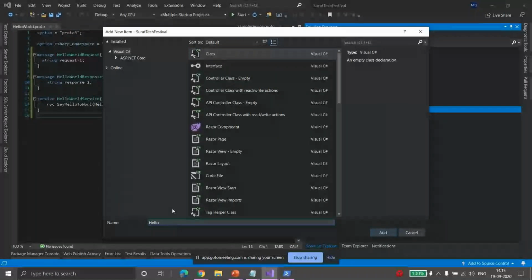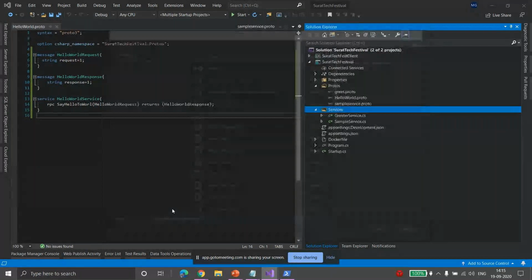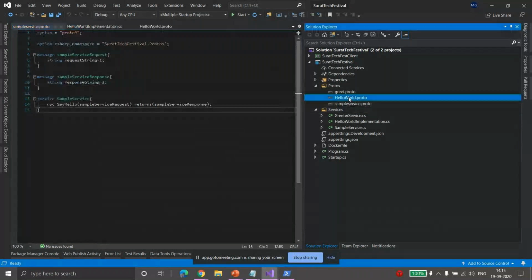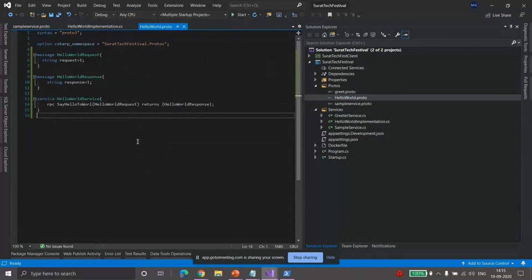Let's say hello world implementation. Let's add it. Okay, so we have defined this interface. Now what we need to do is implement this interface. So in order to implement this interface,